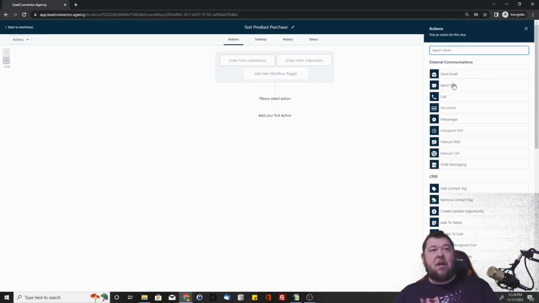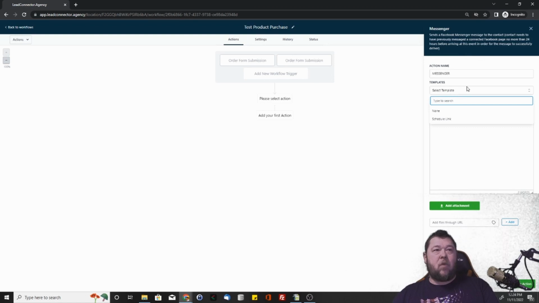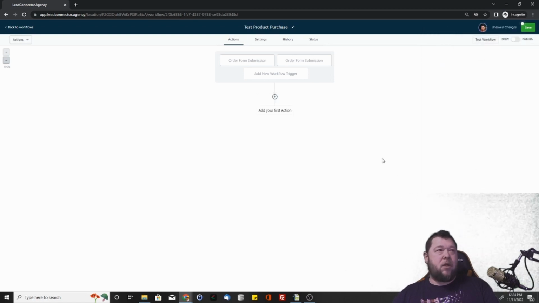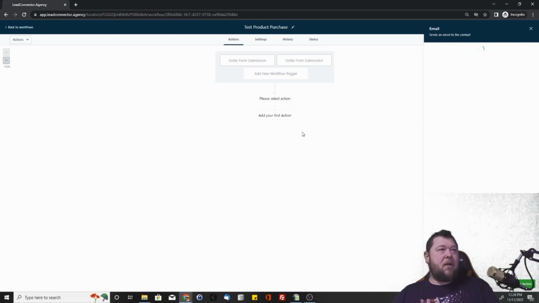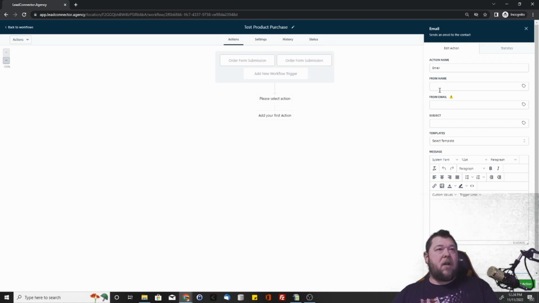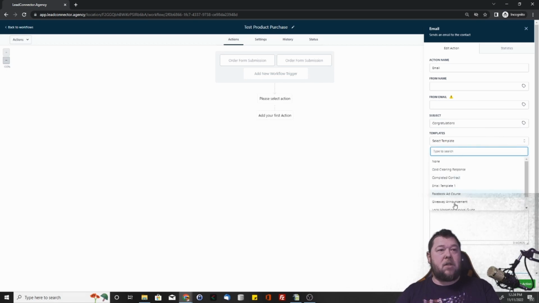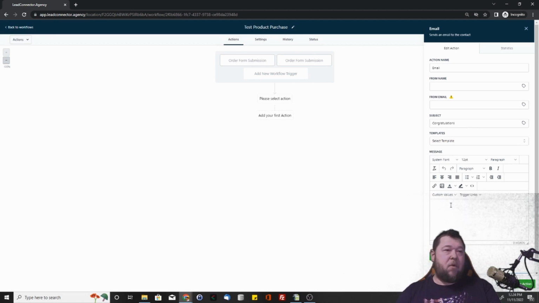We're going to be able to send an email to the contact, send an SMS to the contact, call them, leave a voicemail. If they came in through Facebook and the information is present, we can get the Messenger contact and select different templates and things of that nature. Let's say we want to send them an email, probably to confirm the purchase, right? And we've already set these up, and we're going to say, congratulations, right? And then we can either select a template if you have a template already set up to go. And if you don't, you can just type your information here,